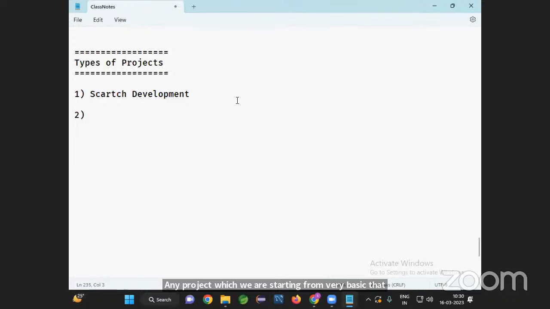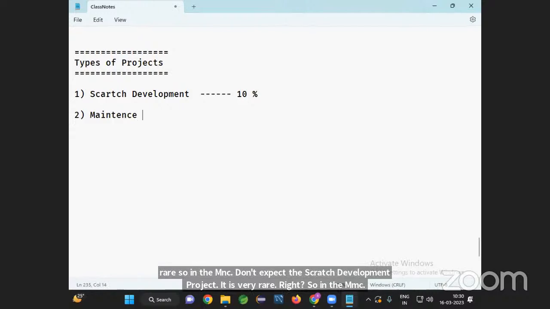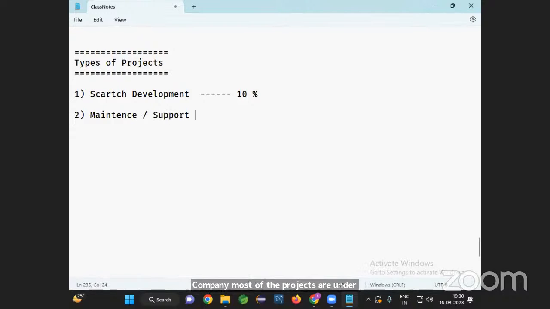So these scratch development projects are just 10% in the market, guys. Very, very less. Almost all the projects are already completed. So in an MNC, don't expect a scratch development project. It is very rare, right? So in an MNC company, most of the projects are under maintenance. Maintenance projects, support projects will be available. These projects are 80% in the company. Whatever software projects are available in the market, 80% of the projects are under